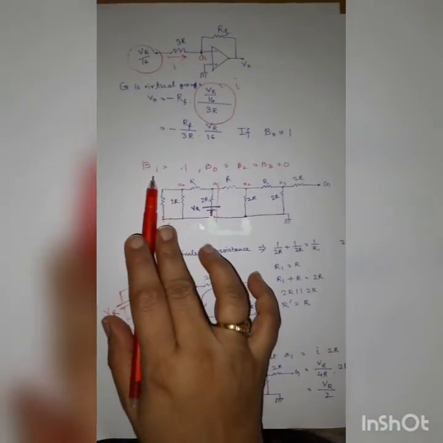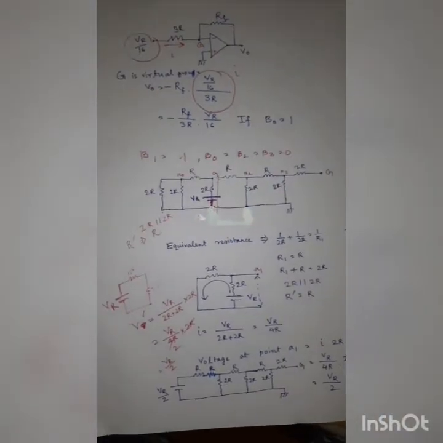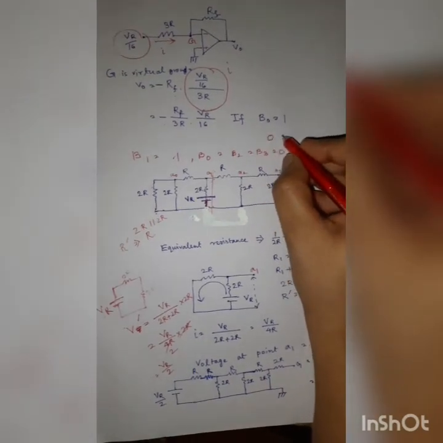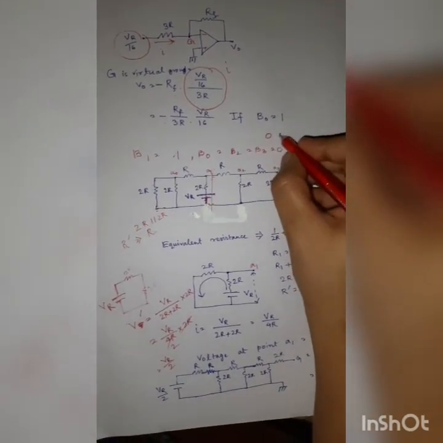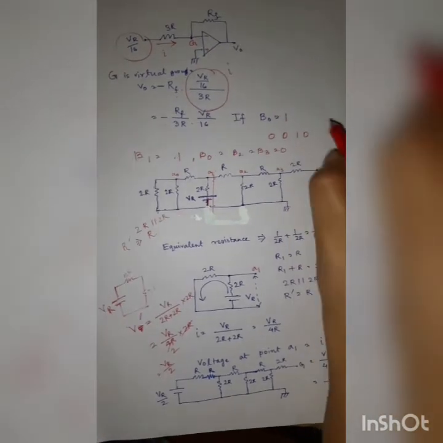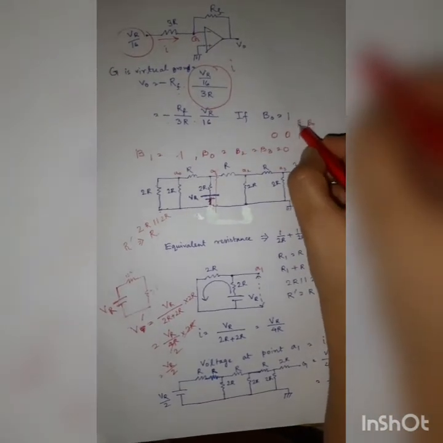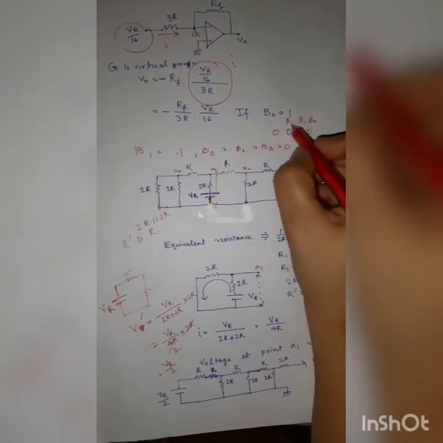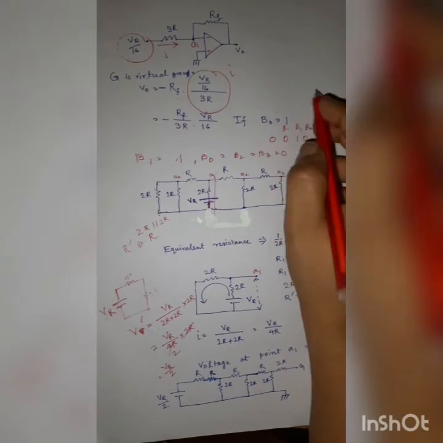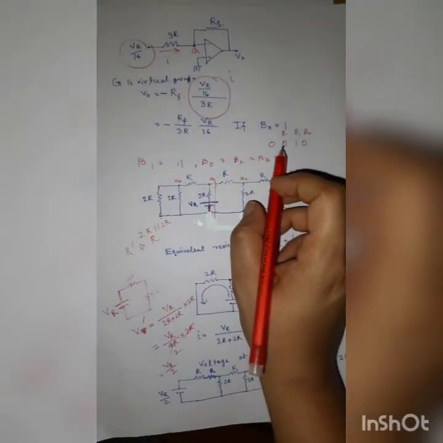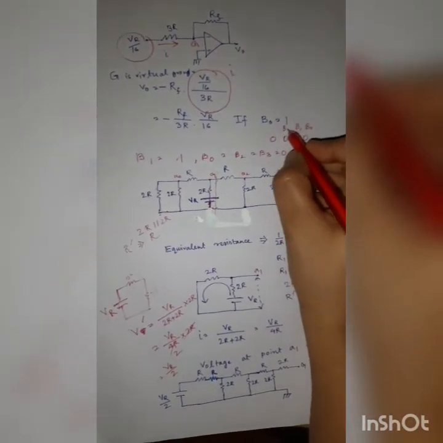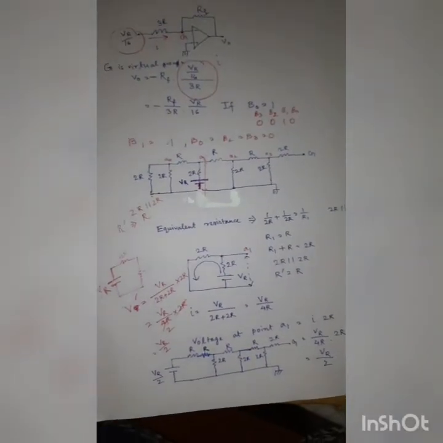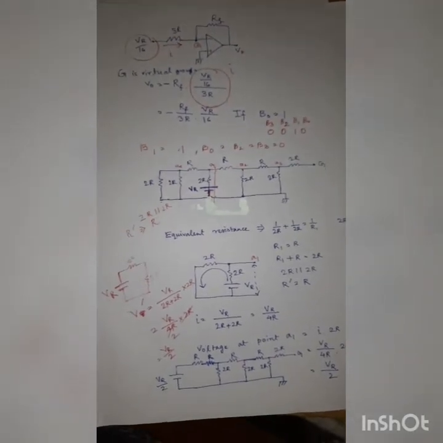Now let us see for the bit B1 equals 1, that is for the input 0, 0, 1, 0. That is, B1 is 1. We have just done the calculation of the resistance and the output voltage for B0 equals 1. Now we will see the output for B1 equals 1.